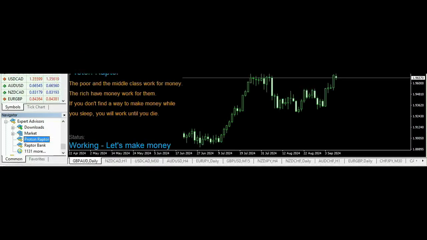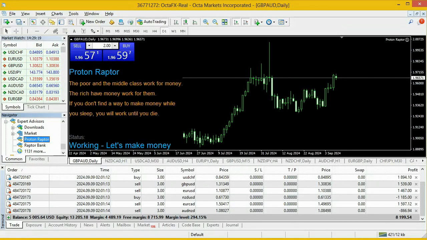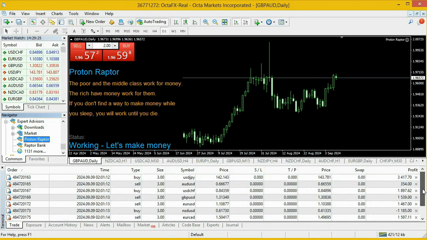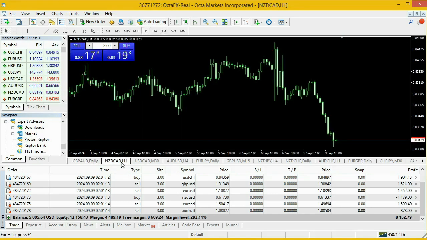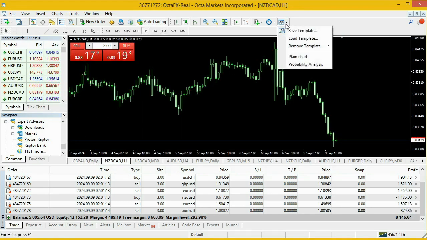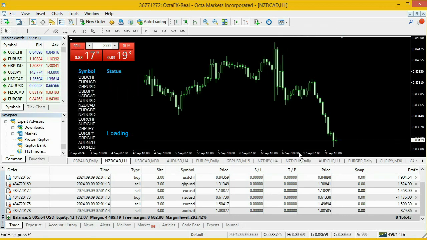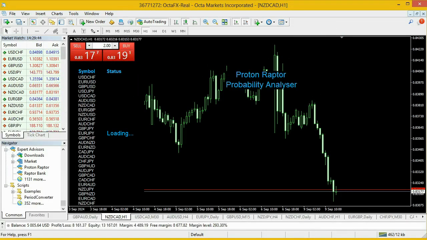12 hours 30 minutes later, this is where we are. These are all the trades. As you can see, most of them are in profit. We have to occasionally check our success probability analyzer to make sure we still have 20 or more high probability symbols. If this changes, we exit.